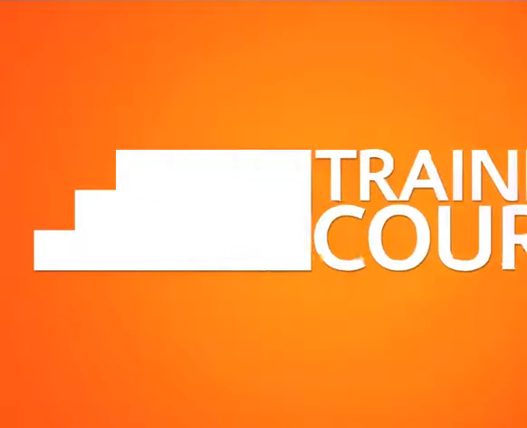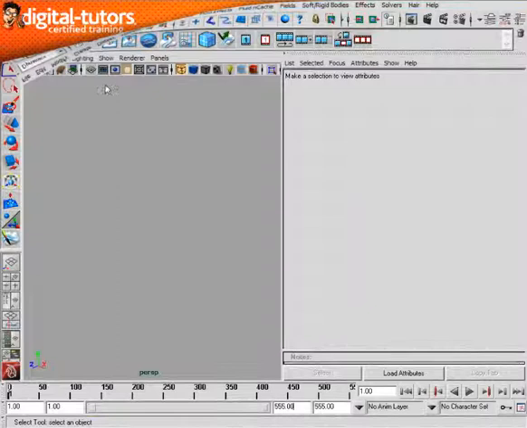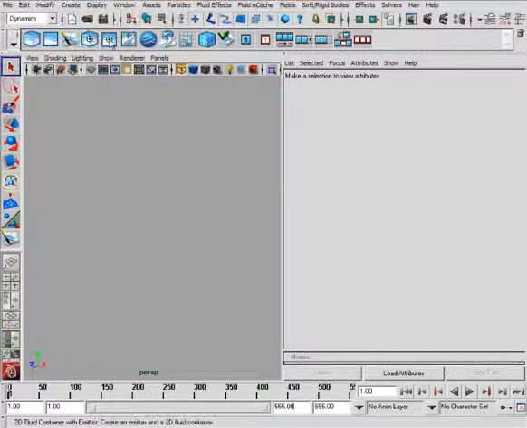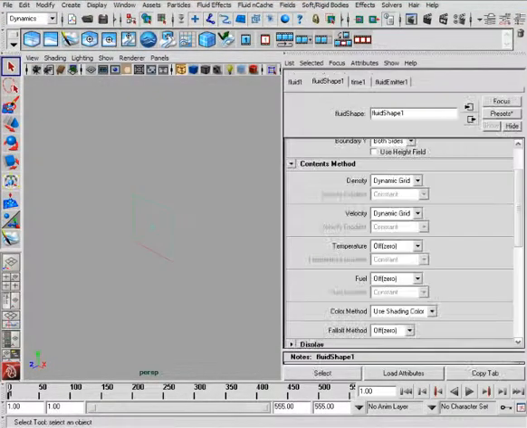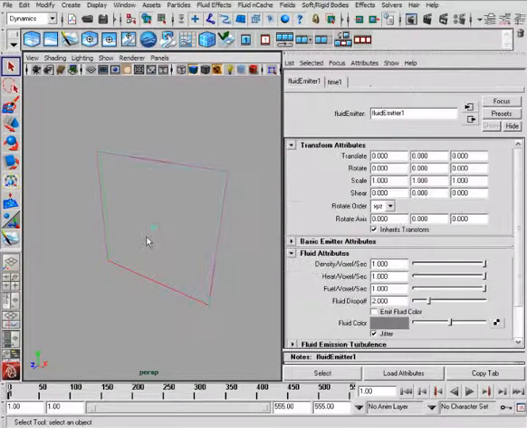In this lesson, we're going to explore the Paint Fluids tool. This is probably one of the most powerful tools within the Fluids set, and I think it's just really amazing at what you could do with just your brush. Let's again start with a blank screen, and I'm going to go ahead and create an emitter with a 2D container. Okay, so let's just move this down a little bit,